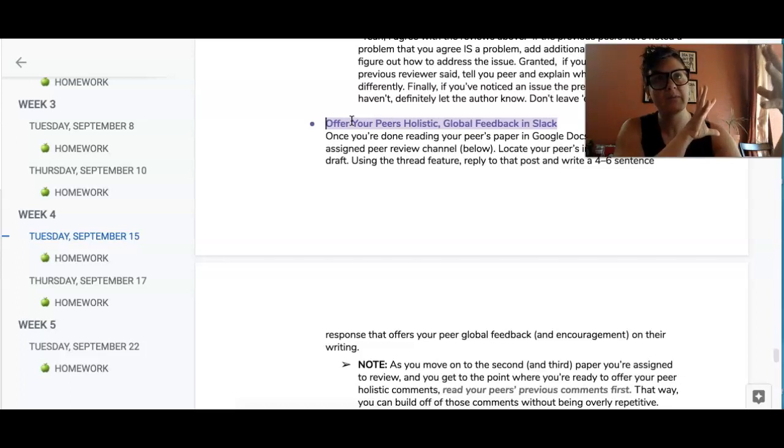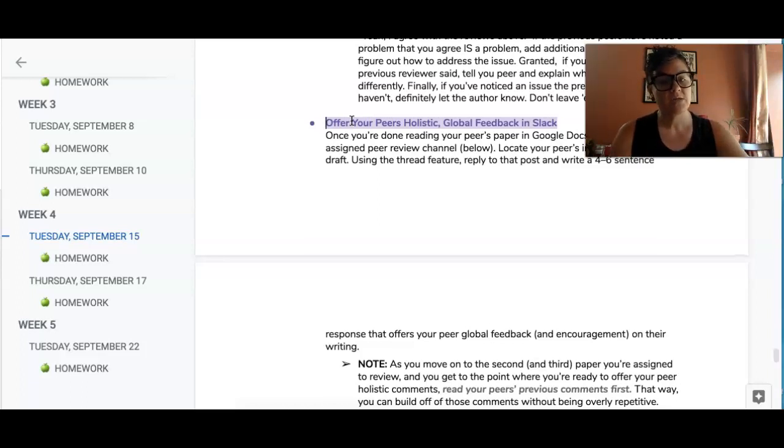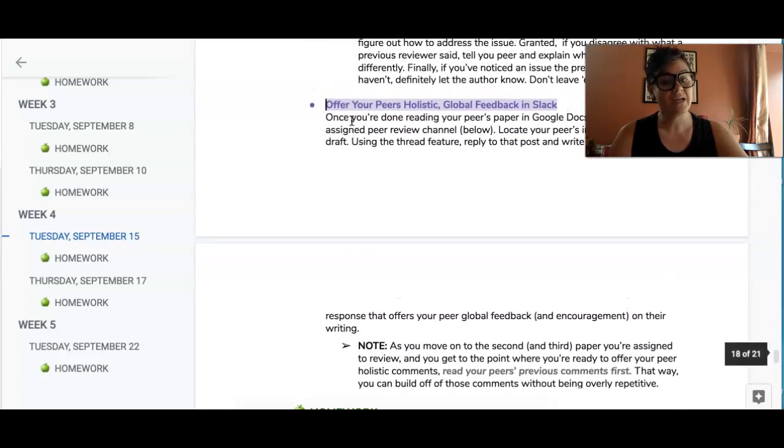And I want you to think about this as just sort of a conversational space for you to talk about each other's writing, because I think a lot of times when we give peer review, we don't realize that we're not being as clear as we could have been, and so this is just to add another level of clarity, okay? So that's the process for engaging in peer review.